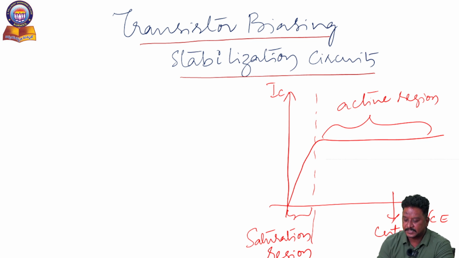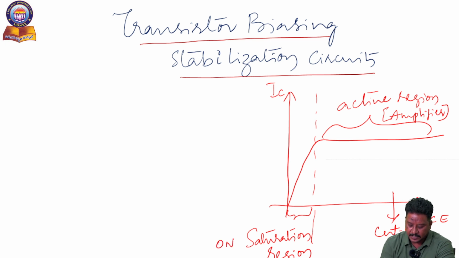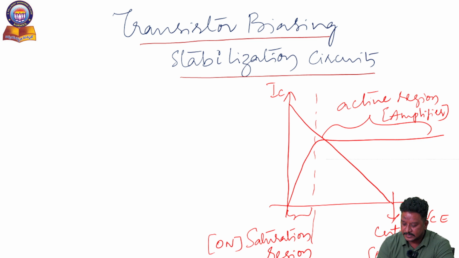So in the previous session, I concluded that the active region can be used as an amplifier if you work the transistor in this region, the saturation region can be used as an on switch, and the cutoff region can be used as an off switch. Anyway, if I want to find out in which region the transistor is operating, we require the DC load line initially. So first I am finding the DC load line, the two points where the DC load line explains